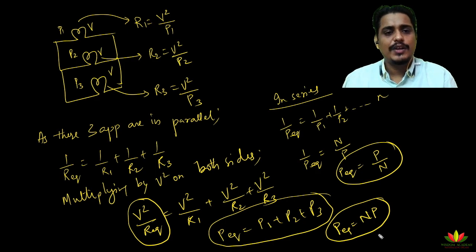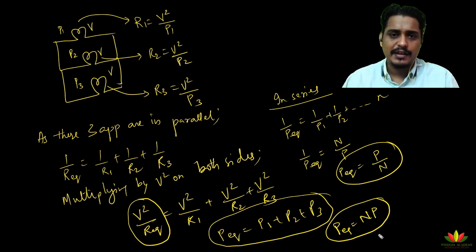So in today's lecture, we have seen the heating effect of electric current, where I have told you that Joule gave the heating effect of electric current, saying that whenever a current is passing through a conductor, it heats it. We found the heat energy produced, that was VIT, and other forms. The SI unit was Joule. Then we talked about power. Power is the rate at which an appliance is converting electrical energy into other forms. And then we found the expression for that. Then I told you about the commercial unit of electric power. Finally, I concluded the session by talking about appliances connected in series and in parallel, and you have seen what happens when they are connected in series and when they are connected in parallel.